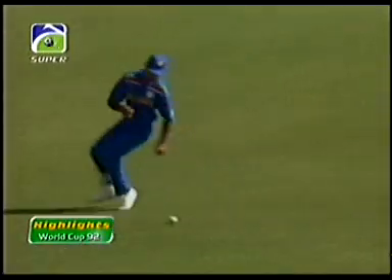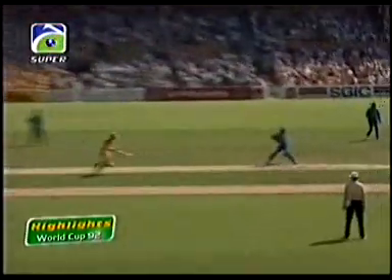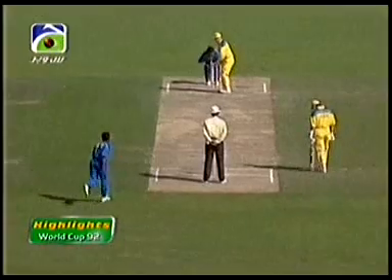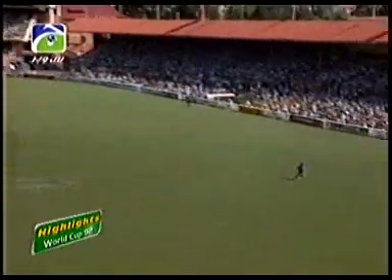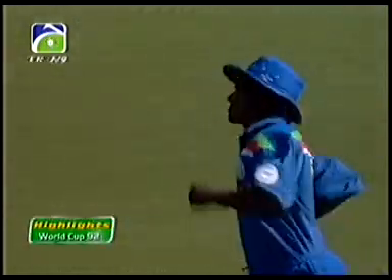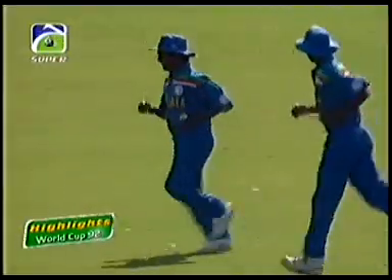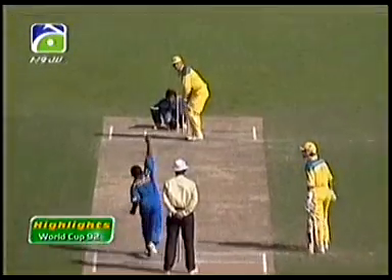Mark Waugh, obviously a player of very high quality, has the opportunity now, coming in at 3 against Sri Lanka, to establish himself back in the side. To that one on the full, but he's picked out the outfielder, and what a good catch. When I say picked out the outfielder, I'm not sure he actually picked him out, but it's a terrific effort. He's moved a good 30-40 metres to his left, and even then it was high, and he had to leap to grab the ball. Terrific catch.